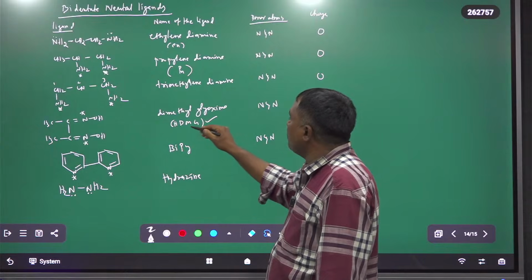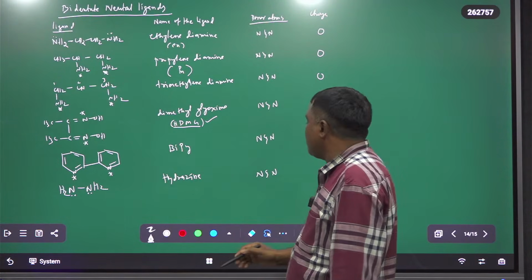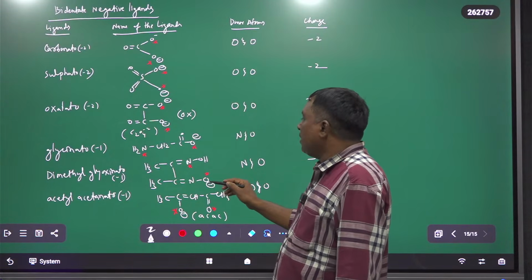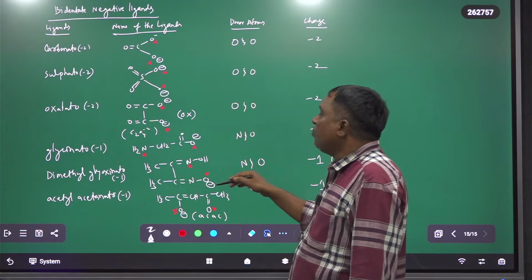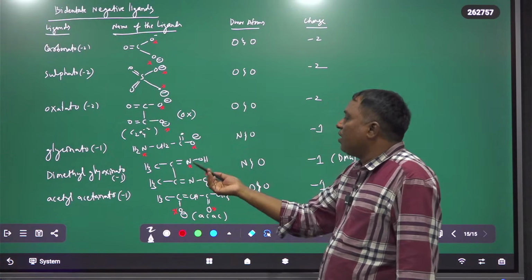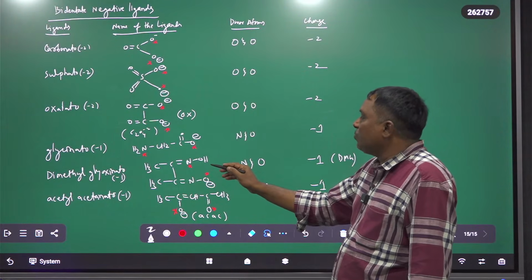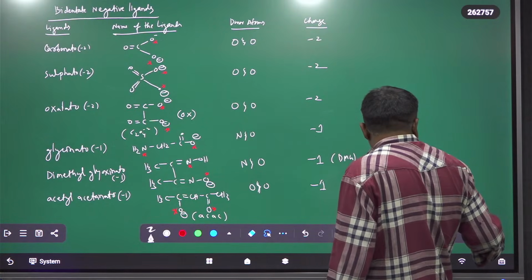It is HDMG because here hydrogens are attached to the two oxygens, whereas in this case one hydrogen is less. In the case of dimethylglyoximato, one hydrogen is less than dimethylglyoxime. That is dimethylglyoxime, and this is dimethylglyoximato. This is monodentate. This is bidentate negative. That is the neutral ligand. And then